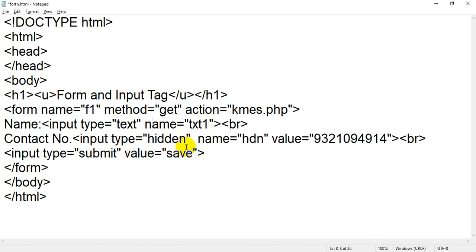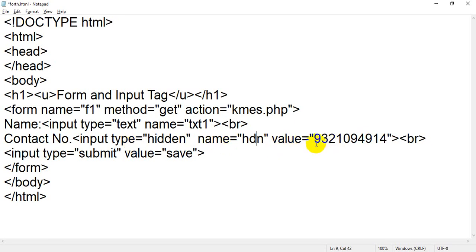And input type equal to hidden, what is the name of this text box? It is hdn. What is the value of this text box? It is 93210. We have written this value in advance, because input type equal to hidden will not display on your browser, so you cannot insert any value. That's why I have given the value in advance by using the value attribute.